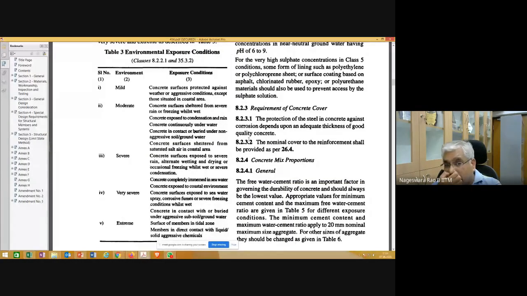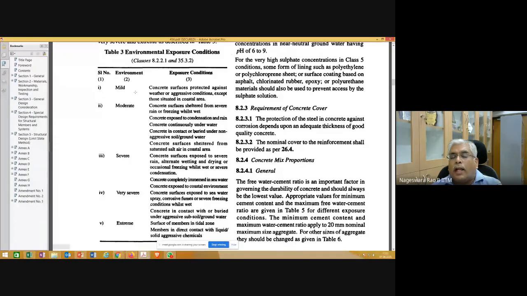You can see here it is giving what kind of environment. There are 5 types of environment: mild, moderate, severe, very severe, extreme. This is how the exposure conditions are classified.